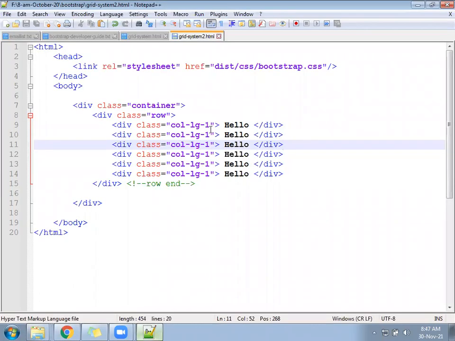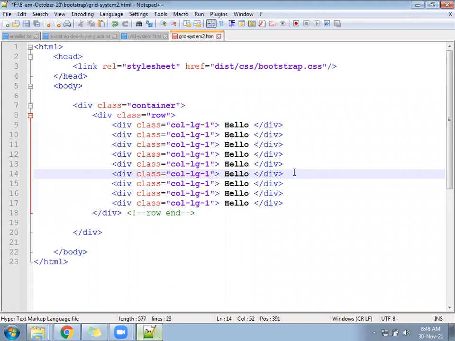So like this, total how many can there be? 12. Because out of 12, you have used only 6. 1, 2, 3, 4, 5, and then 6. Let's keep till 12. 7, 8, 9, 10, 11, 12. Save now.